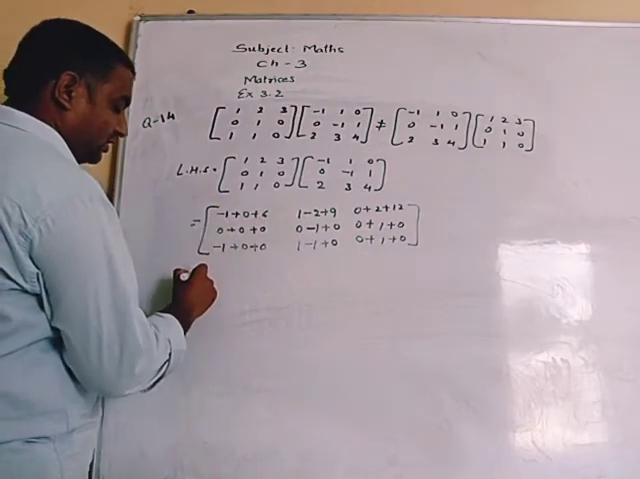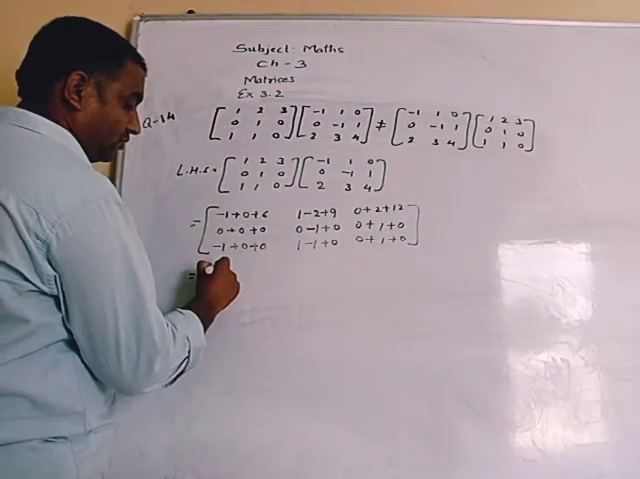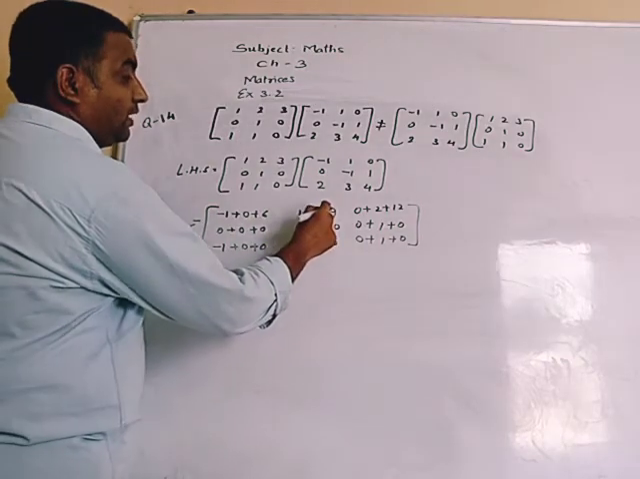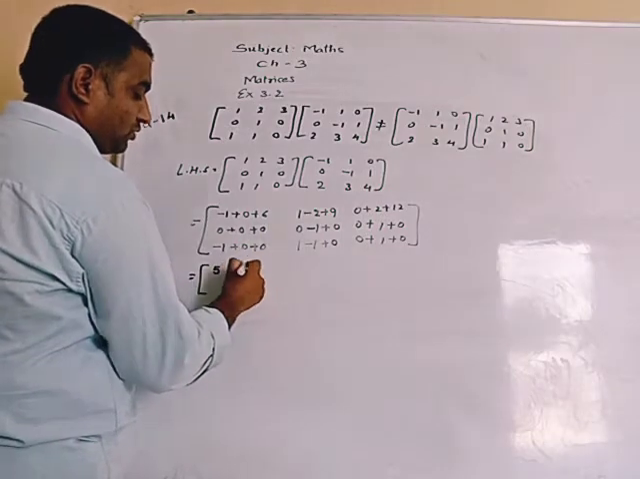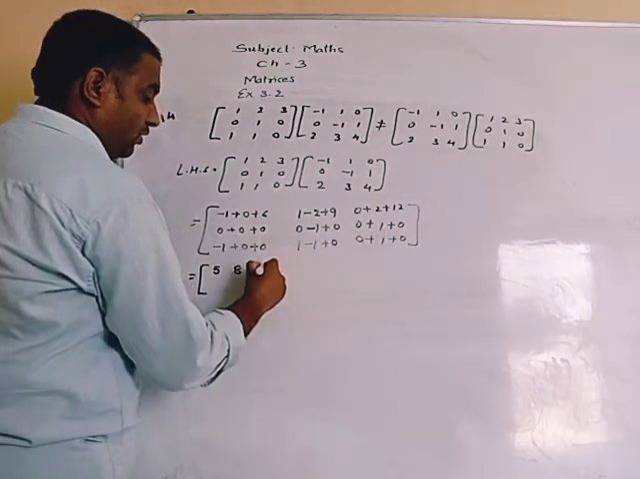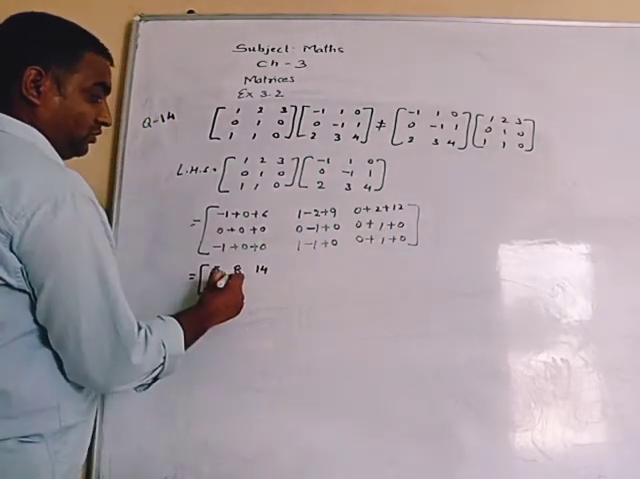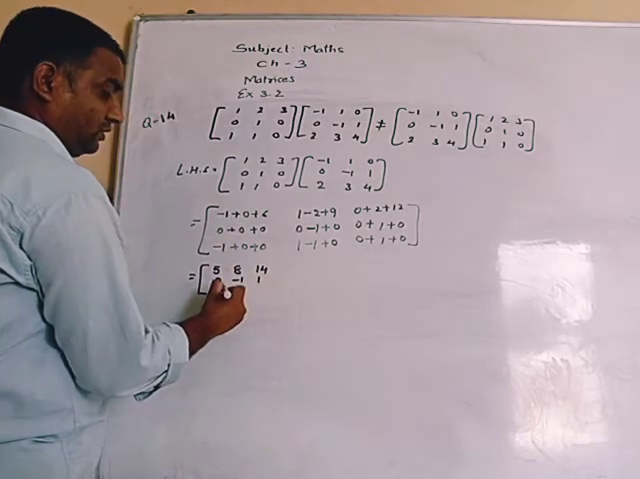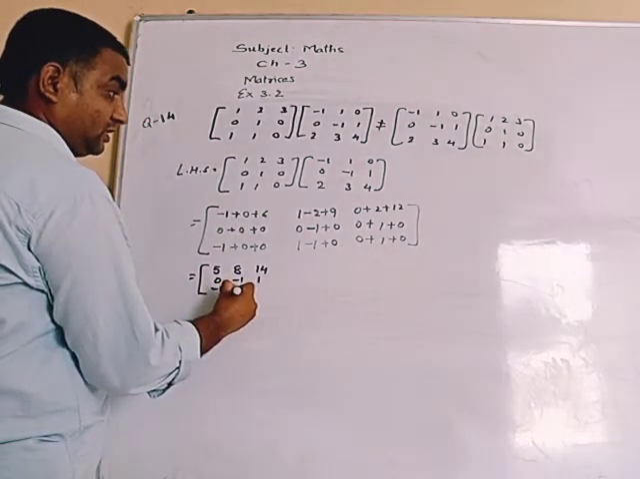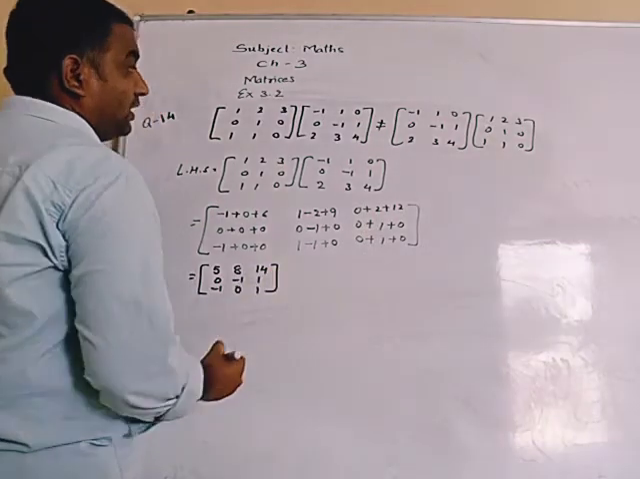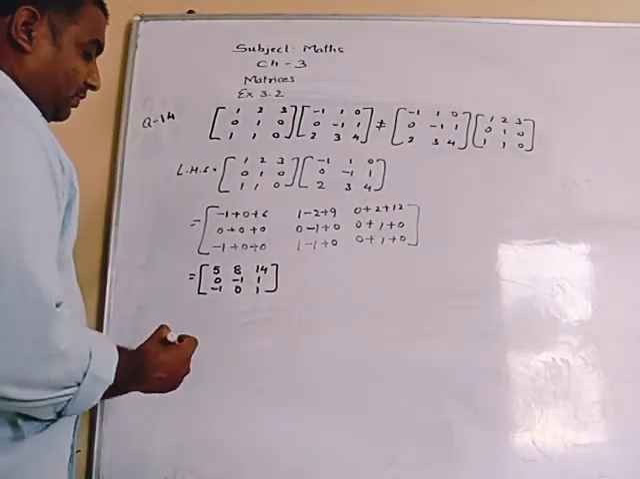6 minus 1 5, 9 plus 1 10 minus 2 8, 2 plus 12 14, 0 minus 1 1 minus 1 0 1. Now the right hand side multiplication we take,